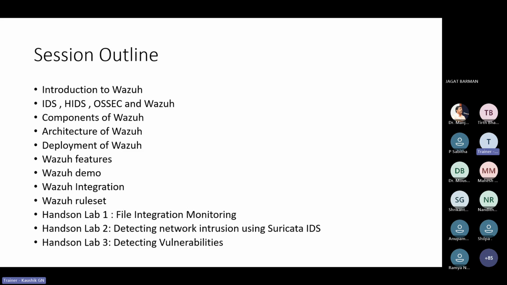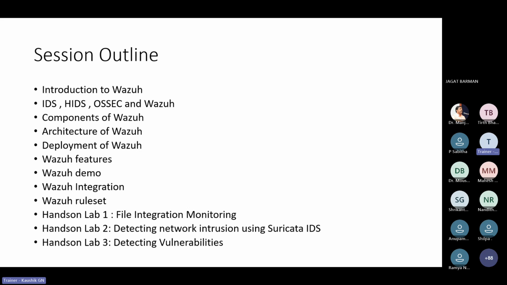Then we will move to the updated version of OSSEC, that is Wazuh. In this session, you will get to know the components of Wazuh, the architecture of Wazuh, how to deploy the Wazuh tool, and what is the future of Wazuh.